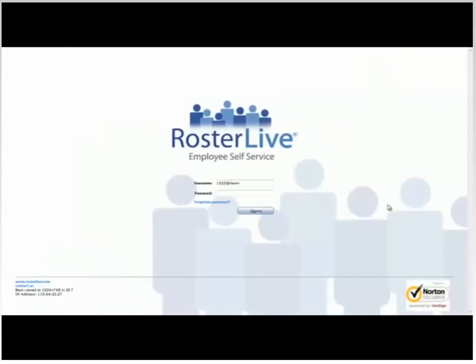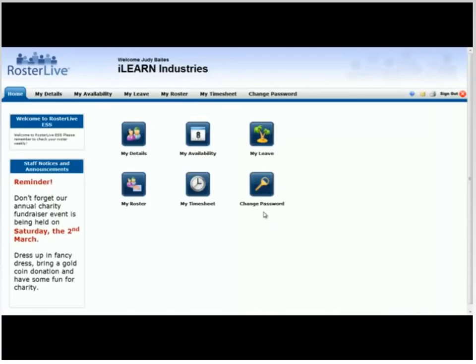To open ESS, you will need an internet connection and an internet browser. The ESS website being displayed on your screen is the one to use. To make things easy, I would suggest that you save this as a favorite. To log in, enter the username and password that's been provided to you and then click the Sign In button. Once you have successfully logged in, you'll be